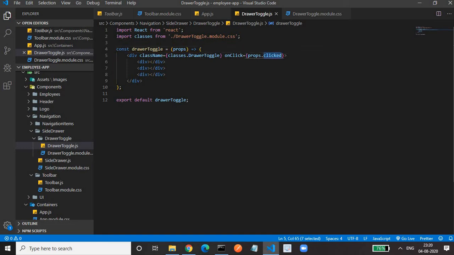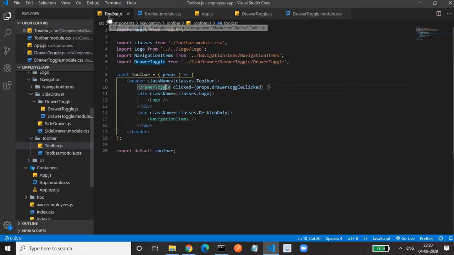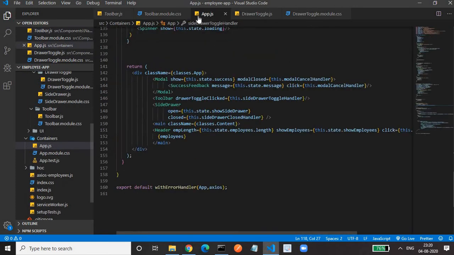Now show side drawer is true, so we have to display the side drawer. This is the component which is used for creating the side navigation bar, the side drawer. So we'll go to the side drawer also.